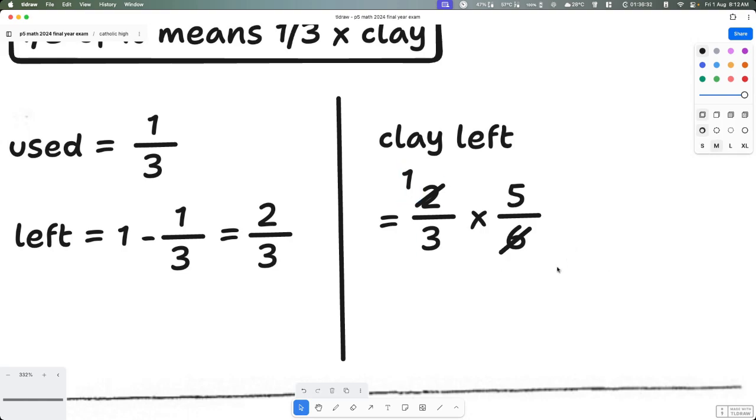So 6 divided by 2 will give us 3 in this case, right? So with that, we can add the equal sign again. Basically, we just simplify across, right? So then this will give you 1 out of 3. Okay, I'm going to use this 1 out of 3. All right, and then we multiply,